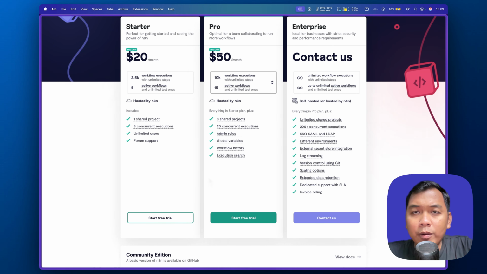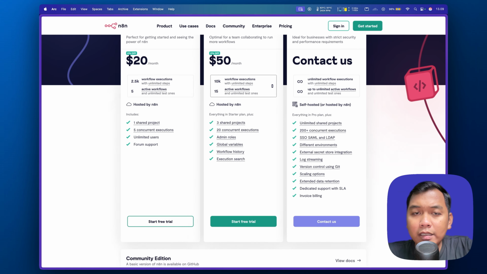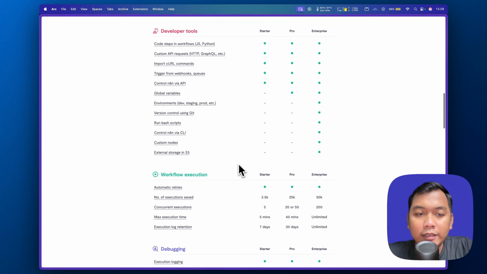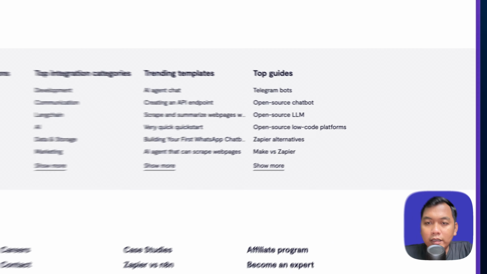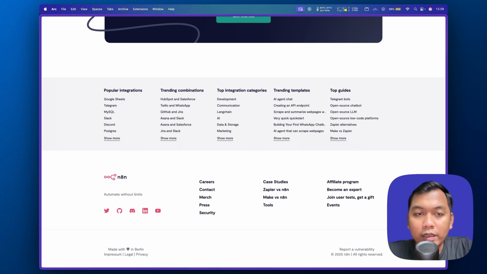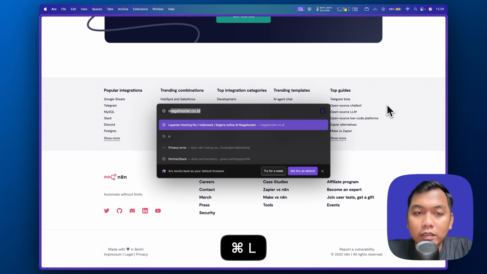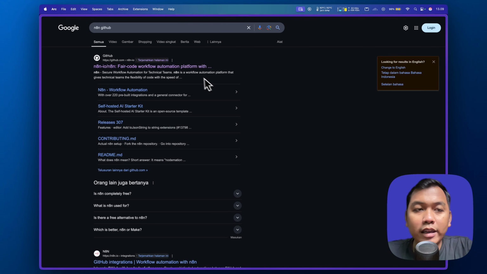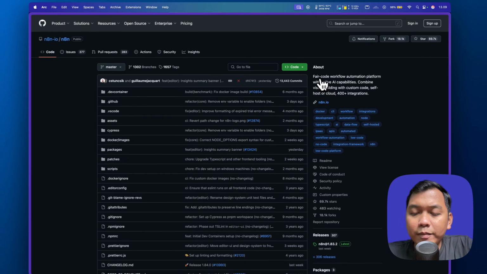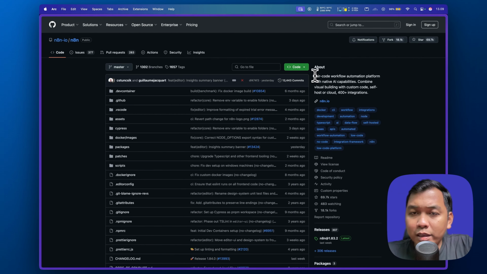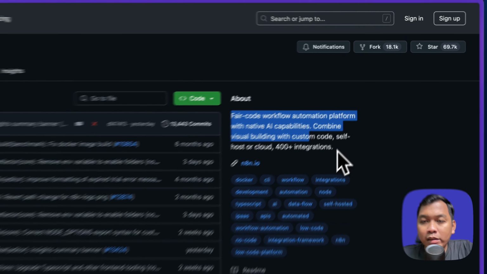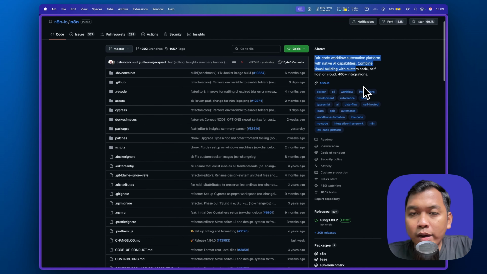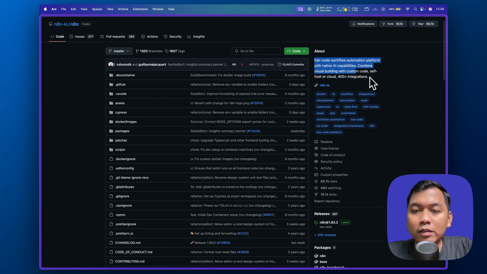But in this video, we will be using self-hosted n8n. So we can check it through GitHub. We can just search for n8n GitHub. Here the description says: fair-code workflow automation platform with AI capabilities, combine visual building with custom code, self-host or cloud.